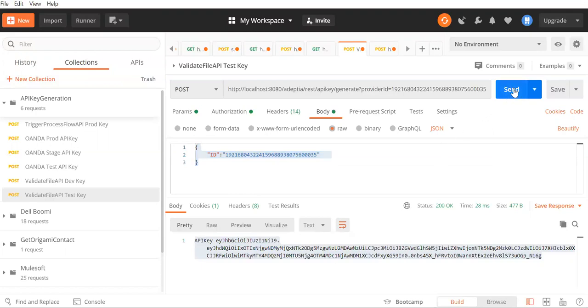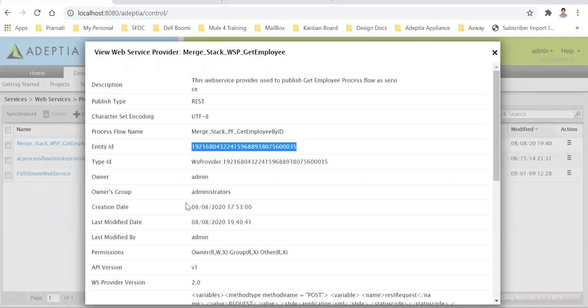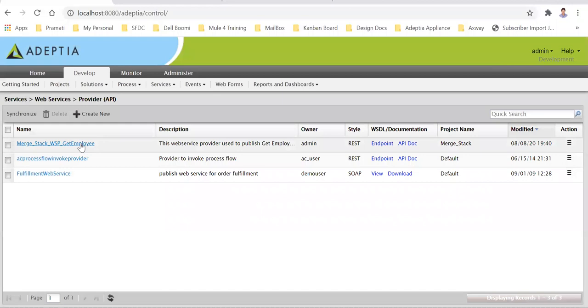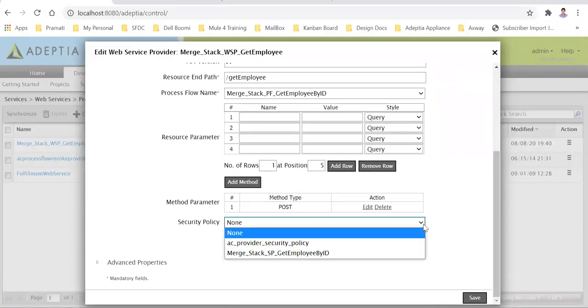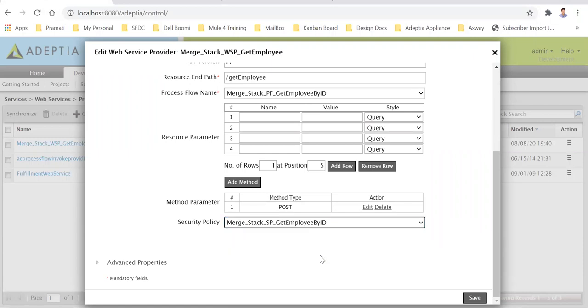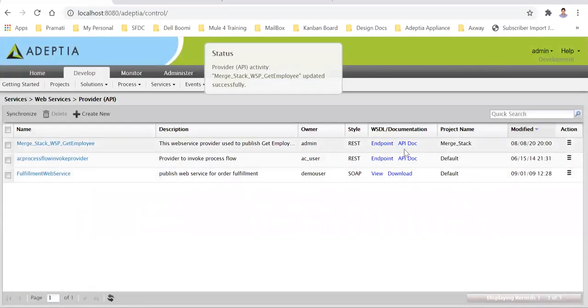Once you hit it, you'll be generating this API key. So let's copy this. Once you're ready with the API key and the security policy, you can apply that security policy on the web service provider. This provider was ready, but till now we had not applied it. So I have created that security policy here. Once you save this, now if I say API doc,